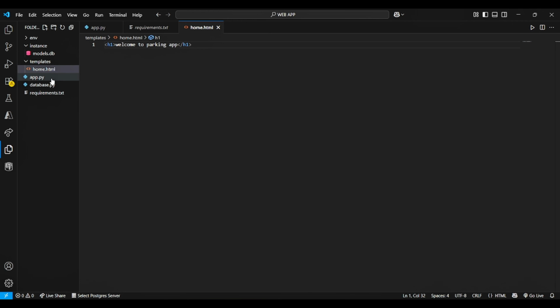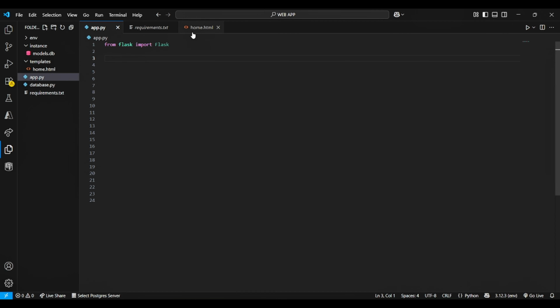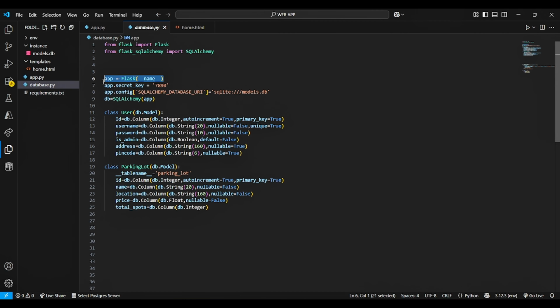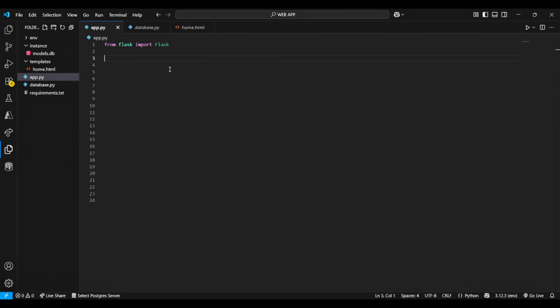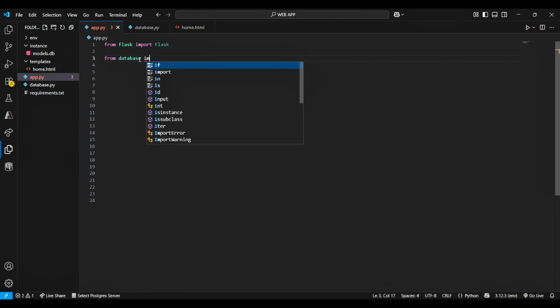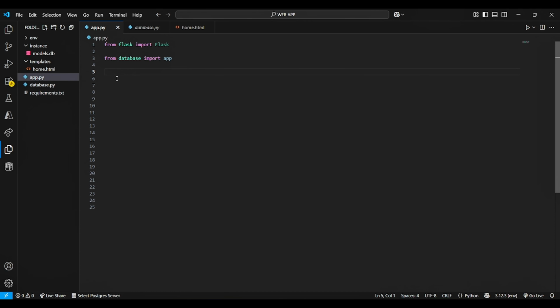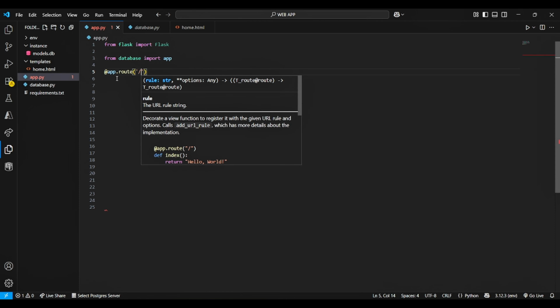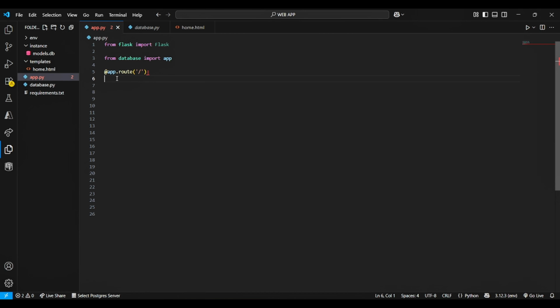We already have database.py for models and app.py for the controller. There should be only one app instance, so do not create it again. So what we will do is just import it in app.py from database.py. So now I am defining a route that will render home.html.